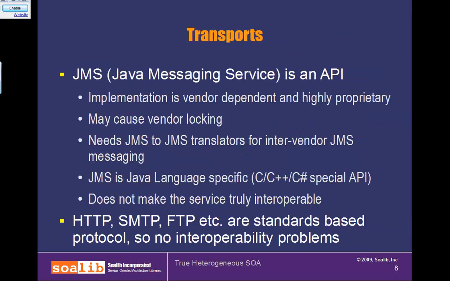Let's move on to the next slide. This slide shows that a true web service is independent of the transport protocol. Most of the time, the transport protocol used by web services is HTTP, but JMS is also very popular within an organization. Many organizations use JMS to send SOAP messages within the organization. That means that